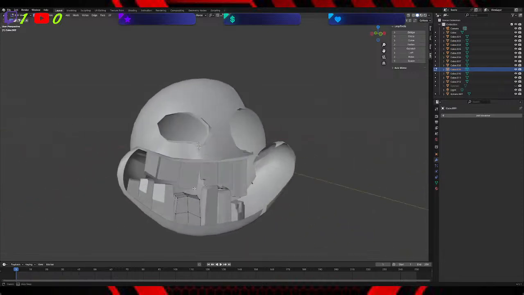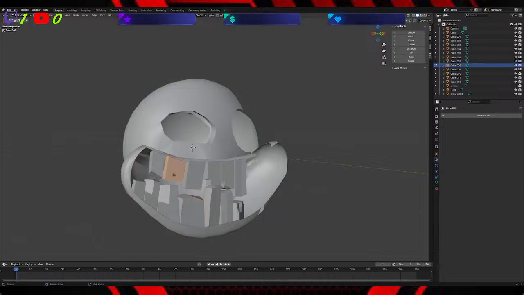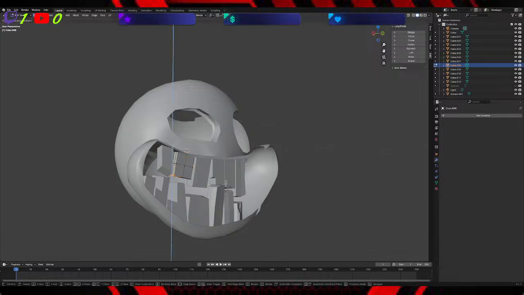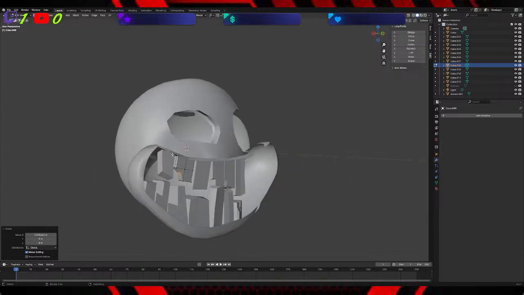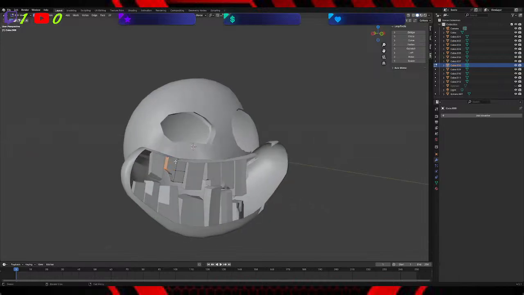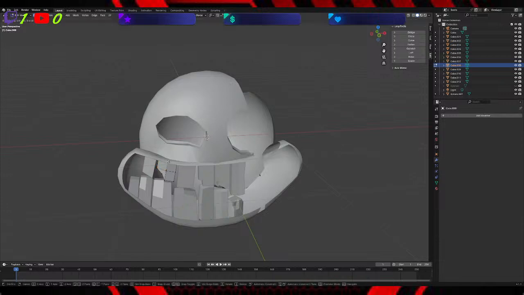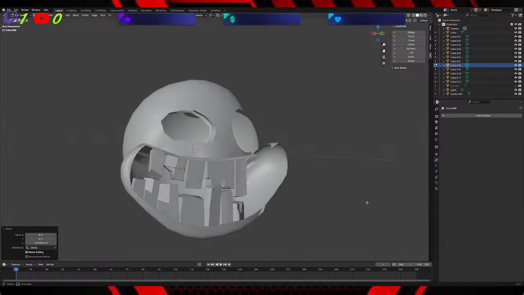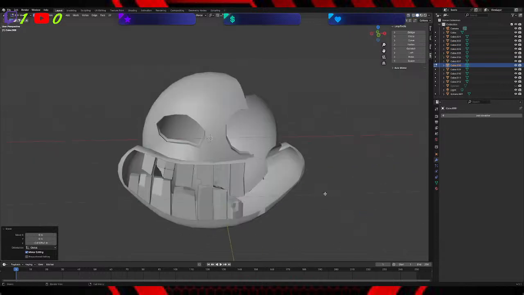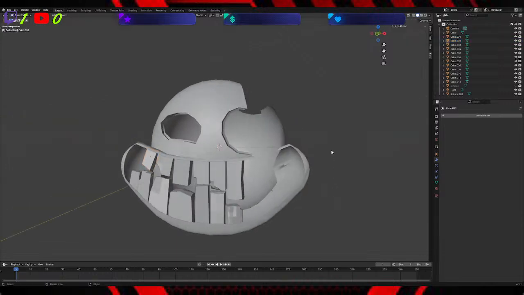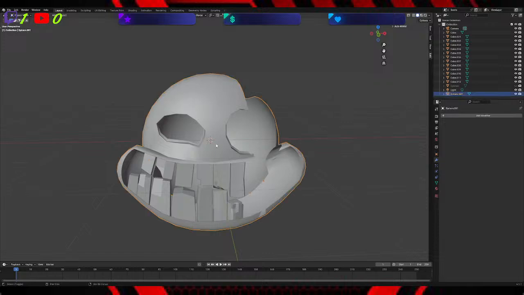I'm actually really liking this. What I want to do for this back one though, is